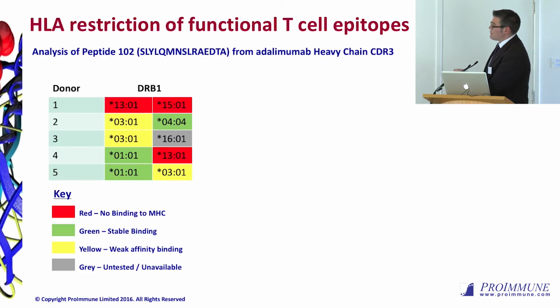Now, the colours relate to a sort of traffic light scheme. So red is no binding in the physical MHC binding assays. Green is strong binding. Yellow is weak binding. And grey is not tested because that allele wasn't in our panel. Now, we have 56 different alleles in our panel, so they are pretty extensive, but of course it's not every single one. So great, we can see that these donors have responded physically in the functional T-cell assay, but this